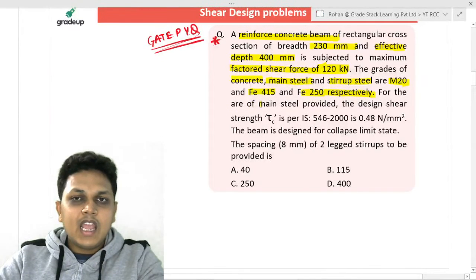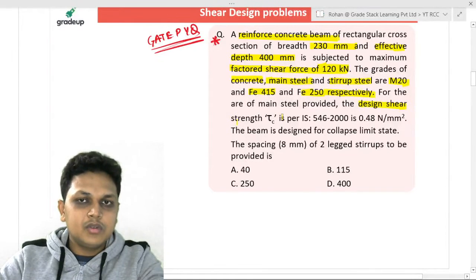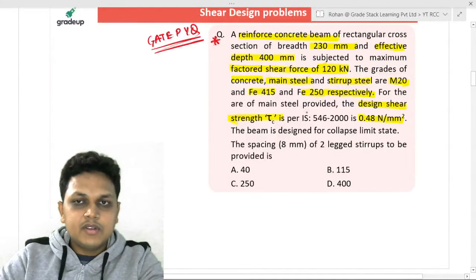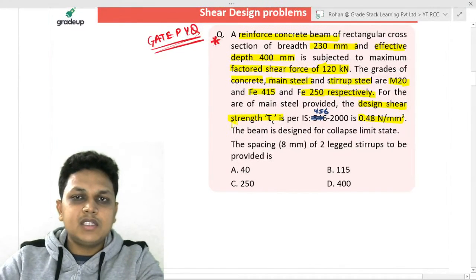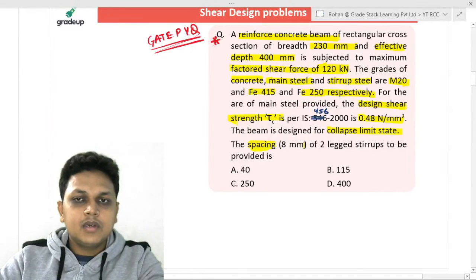For the area of the main steel provided, the design shear strength tau c as per IS 456 is 0.48 Newton per mm square. The beam is designed for the collapse limit state, and the spacing of 8 mm two-legged stirrups to be provided is